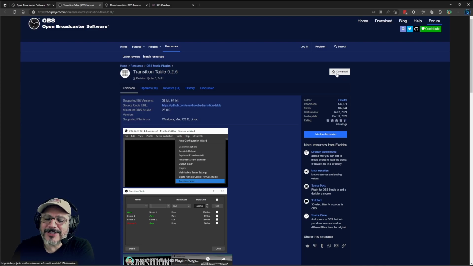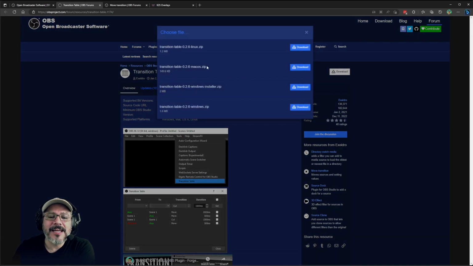To download, just click on the download button, and you will see that there's a couple of installers. There's the zip for Linux, the zip for Mac OS, the installer zip for Windows. If you install OBS in a different place, this is the one that you want to download, because you then have to drag and drop all these files in the location where you installed OBS. Now, if you install it with the default settings, then you just click on the installer,